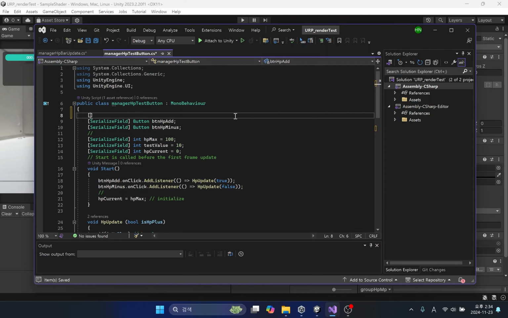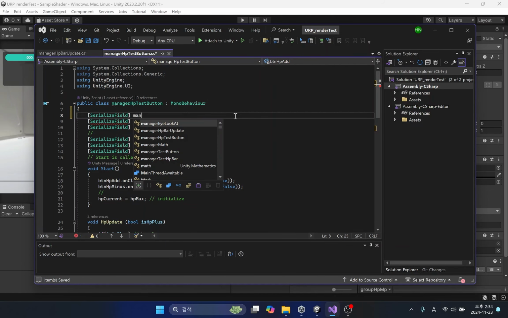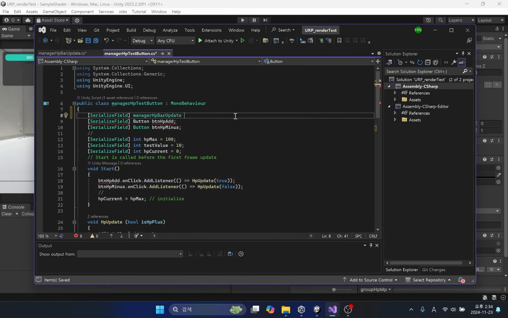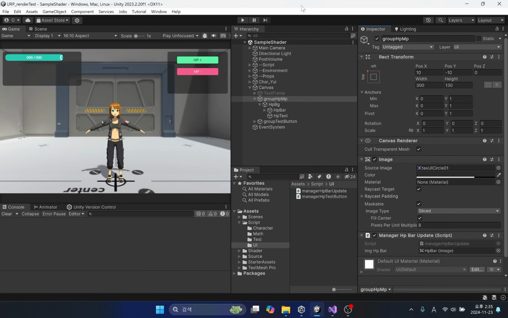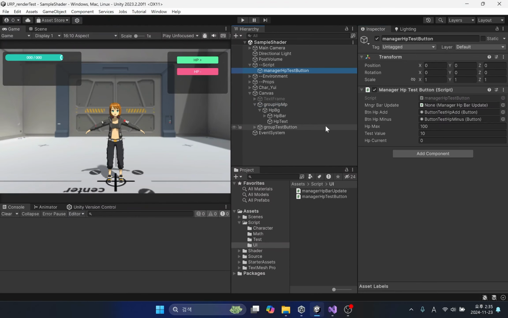Since we need to access the Manager HP bar update class, we will create a variable for that class. Let's drag and drop the game object onto the variable.